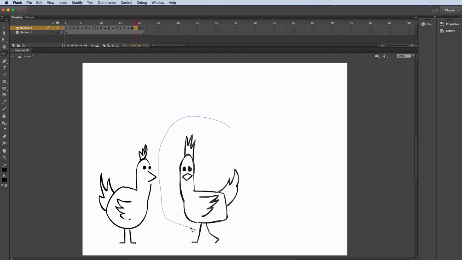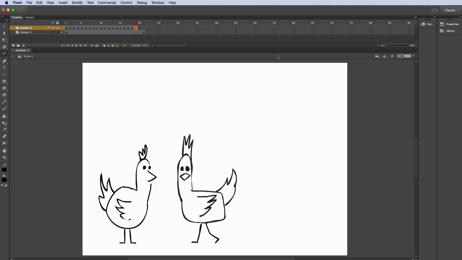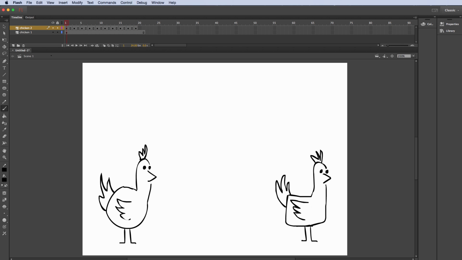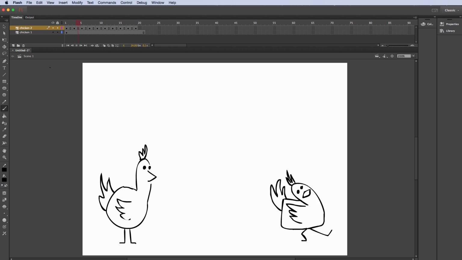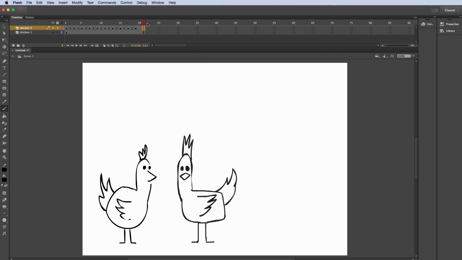We'll take the character here, just move it over a little bit, maybe up a little bit, and I'll erase here, and let's straighten out the legs, and we'll bring it into a final position. Okay, so I'm going to play this. Okay, so let me insert a frame right here so it doesn't drop out.